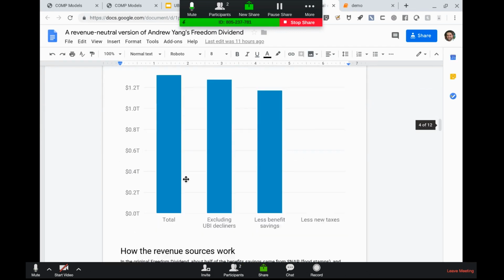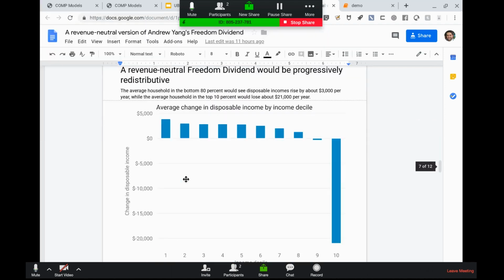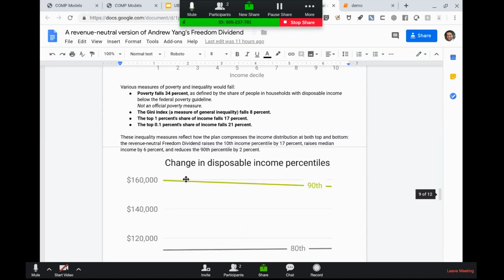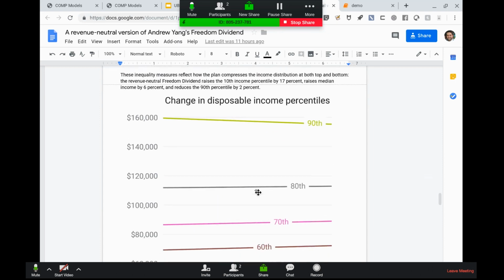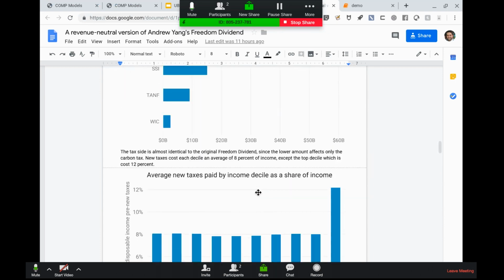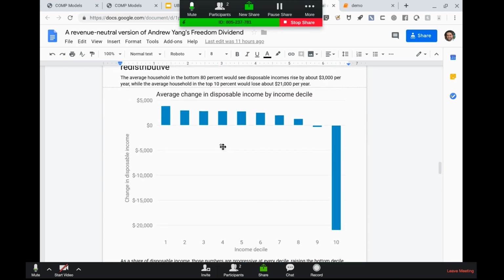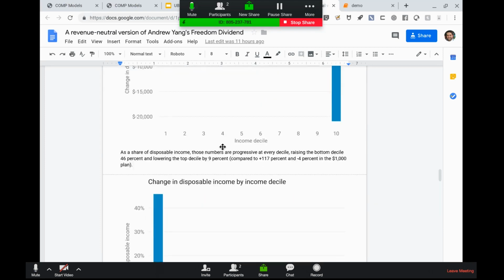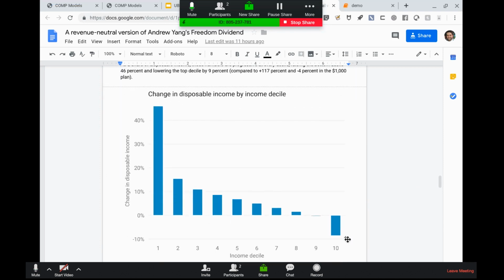And then I want to show a couple of the charts that microdf powers as well. So this is kind of an interesting one. I think usually you see charts like what we saw before, which are something like this, average change in disposable income by income decile. So this is actually the kind of chart I think that TaxCalc shows by default in TaxBrain as well. And sort of as a percent we just saw. So this is negative 9% in the upper decile.